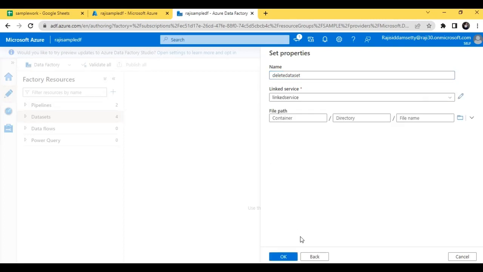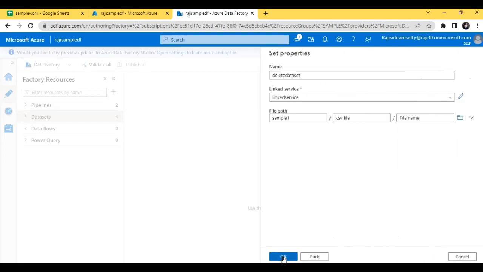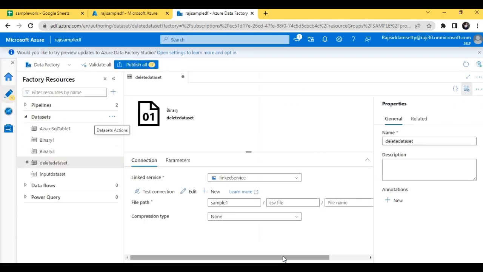Select the linked service, then select the file path, sample, select, and click on OK. Our new dataset is created.